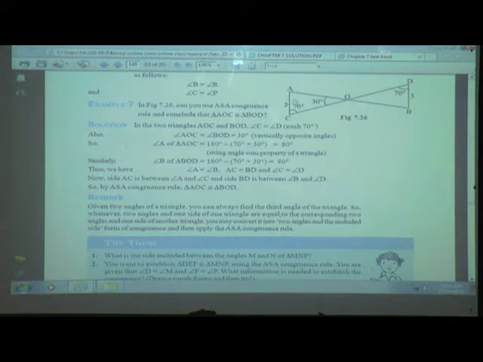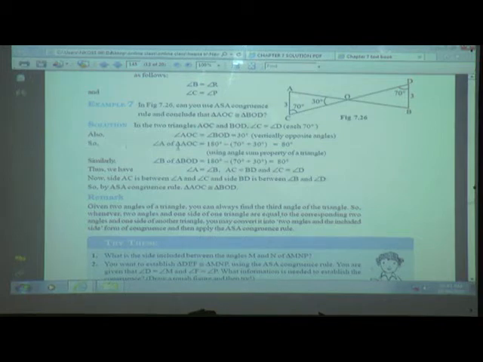Here AOC is corresponding to BOD, that we have to see. Here we are having two angles, that is 70 degree and 30 degree, opposite angles are equal, so this angle is also 30 degree, and one of the sides is given as 3 centimeter. Here it is also 3 centimeter. So by the figure only we can find out that these two triangles are congruent, and the criteria is angle, side, angle, two angles and one side.